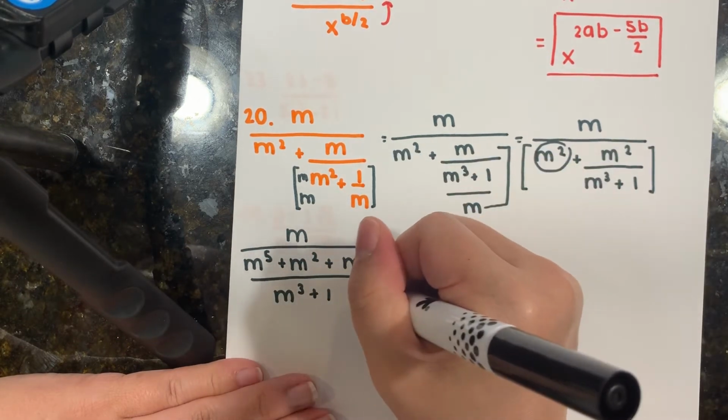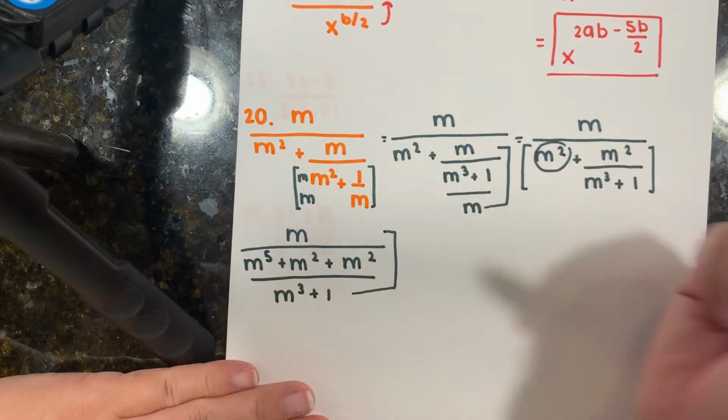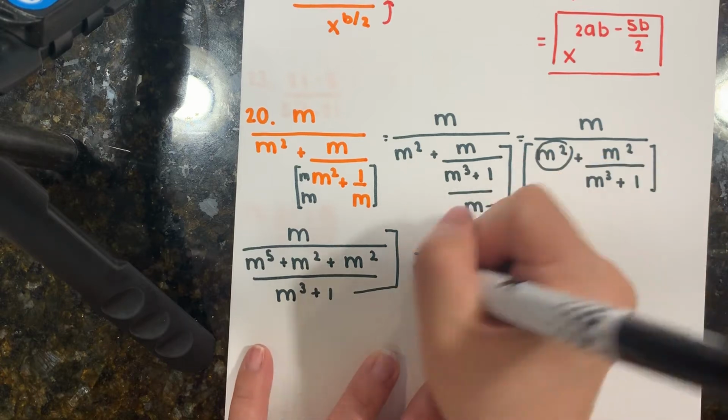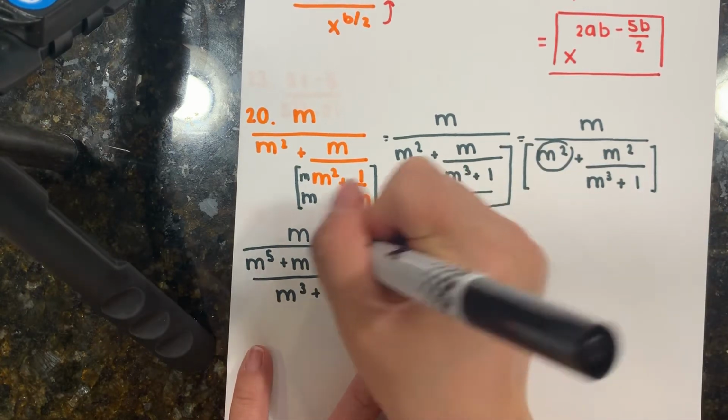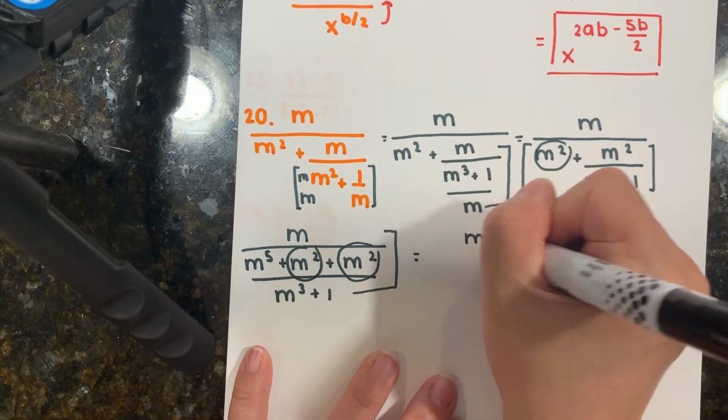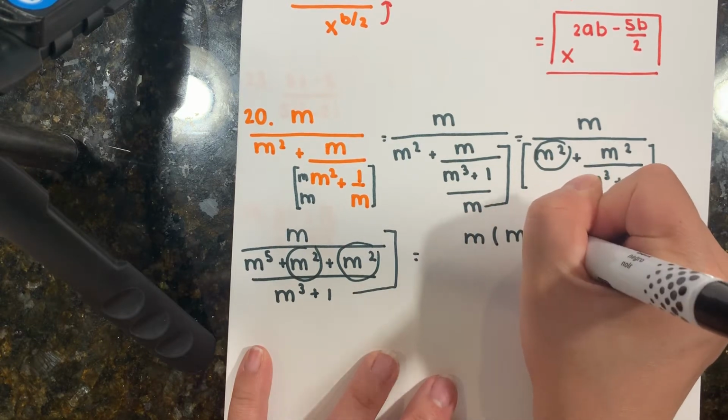You're going to end up multiplying the m cubed plus 1 times the numerator. And I can combine the two m squareds in the denominator. So that would turn into m times m cubed plus 1